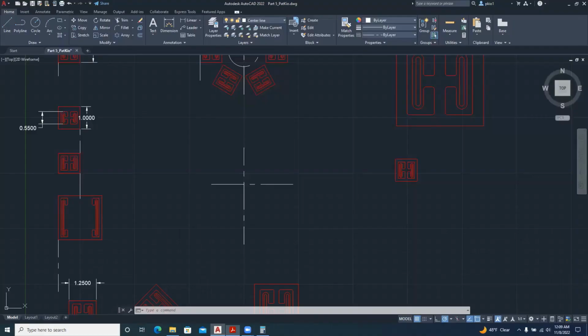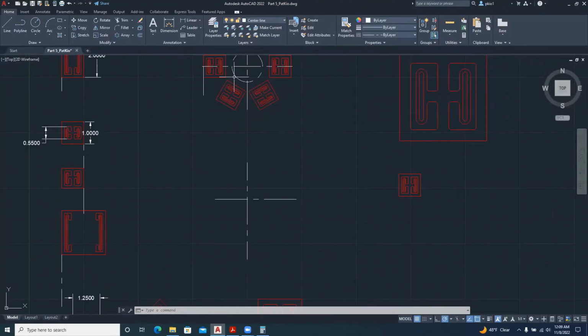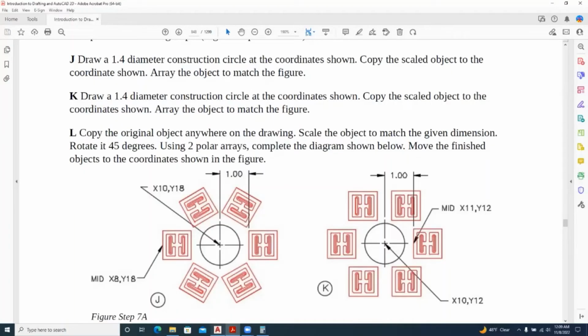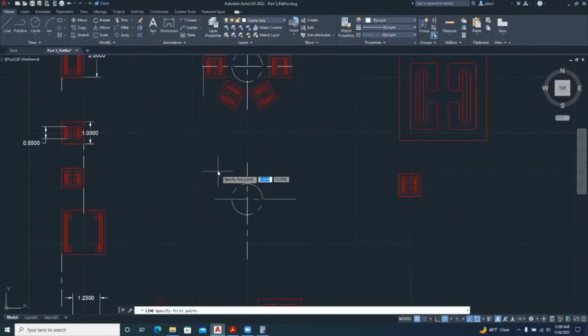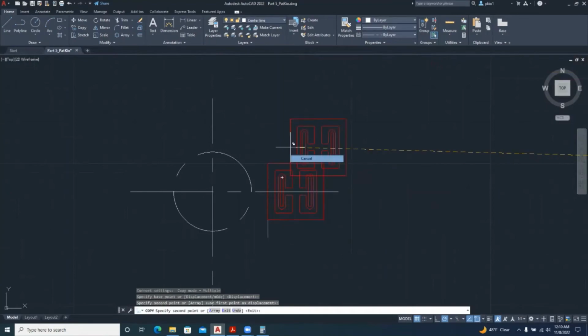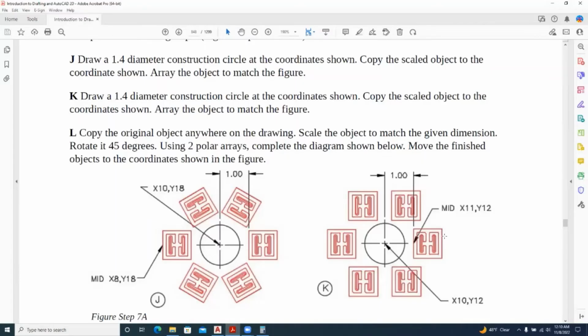So let's get our circle. We already have the circle here. I can copy it. It's a 1.4 diameter circle. Then you can get those 11 and 12 points. This is where the midpoint of the scaled object is. So copy to here. And then once we have this midpoint on that point, K says array to match the